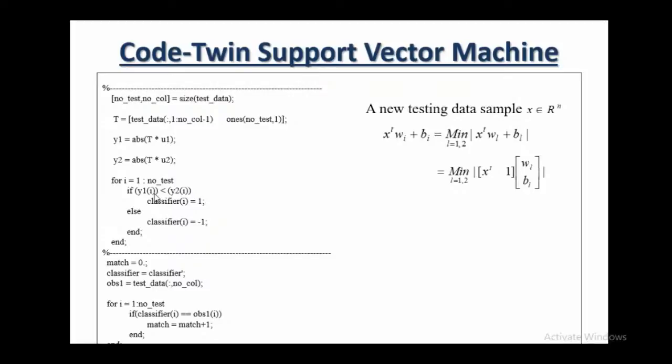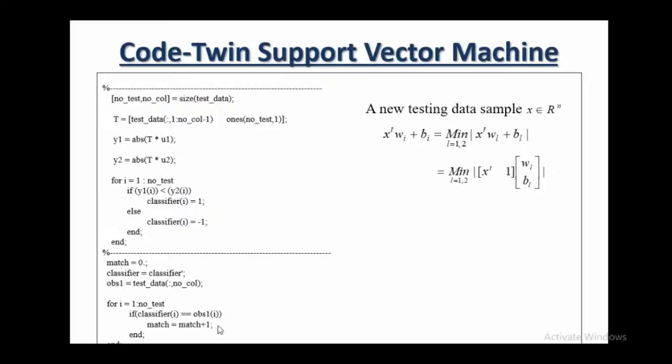So in this particular manner, you can find out the class label for all the data points. And once we have the class labels, we can compare the predicted class label with the original one, and find out how many matches there are, and based on the matches you are able to find out the accuracy of this particular model.